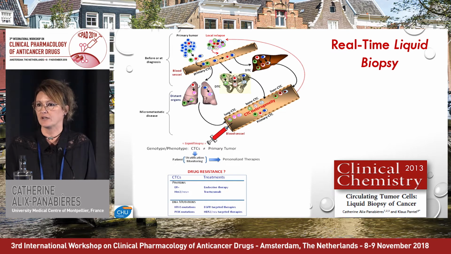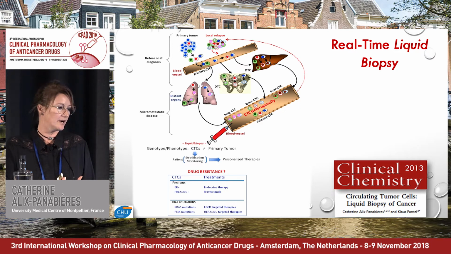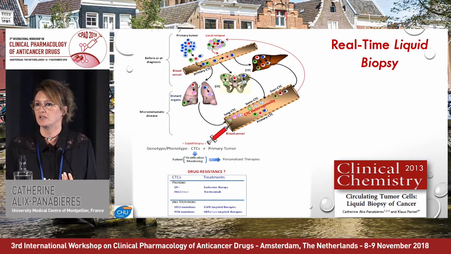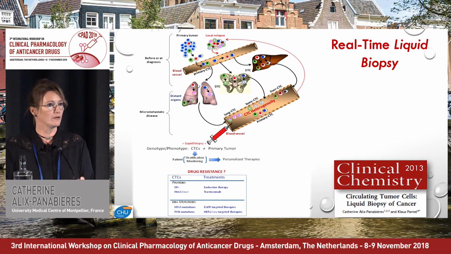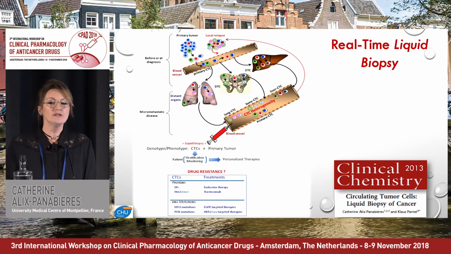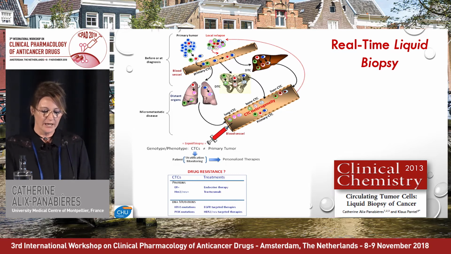For example, in breast cancer, you have really these sites of metastases. And of course, then we change the color because, as you see, when they are in these organs, they may change their genotype and phenotype. That's why they might be different, and we are talking about heterogeneity already in the primary tumor, but also in metastatic sites. What is interesting is that these cells might also circulate again through the bloodstream,